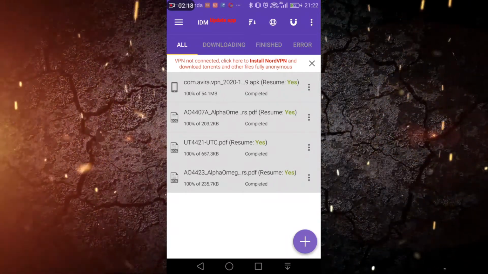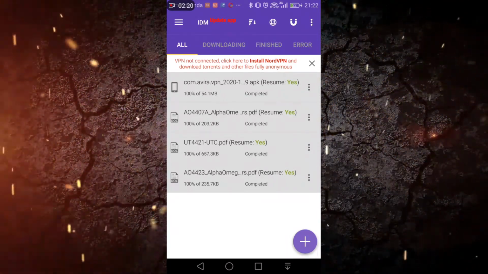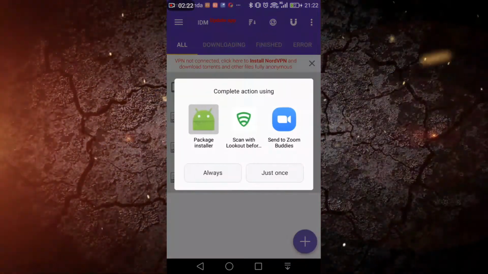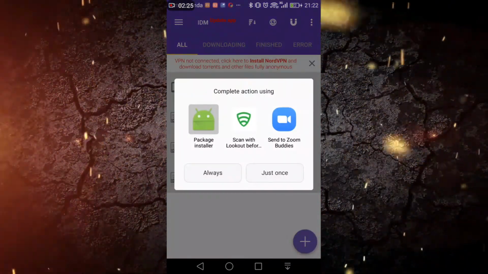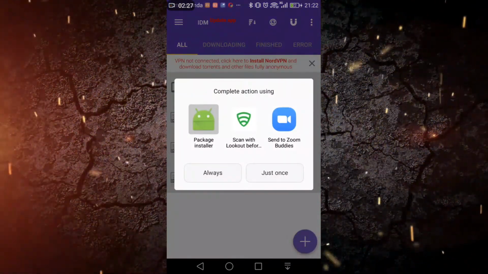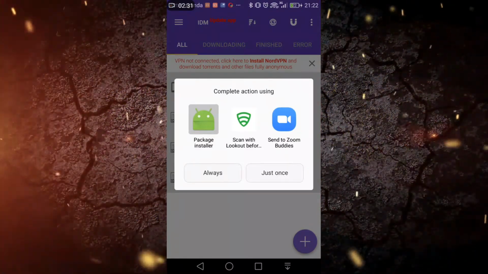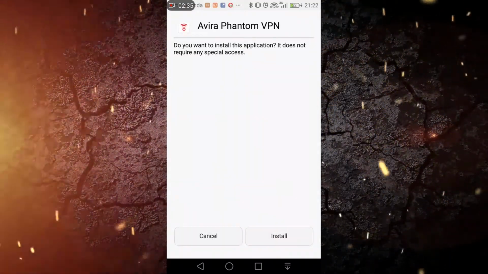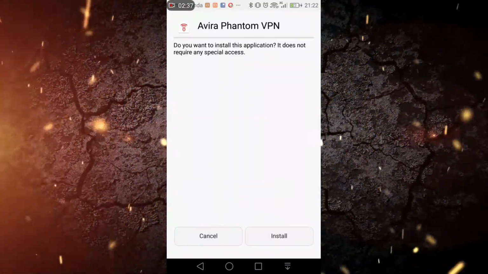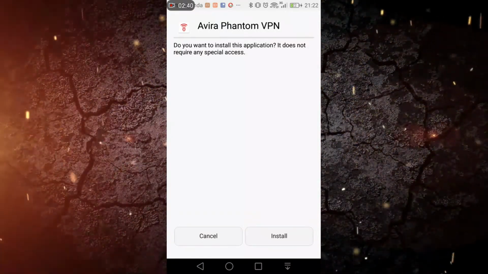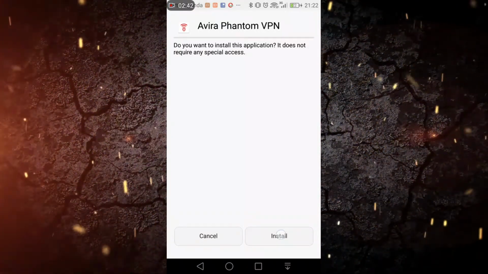Okay, so the download is complete. Now that the download is complete, I will click on it, and it asks me whether I want to complete the action. So I'll simply leave it at package installer and say just once. Then it tells me Avira Phantom VPN, do you want to install this application? It does not require any special access. Click on install,